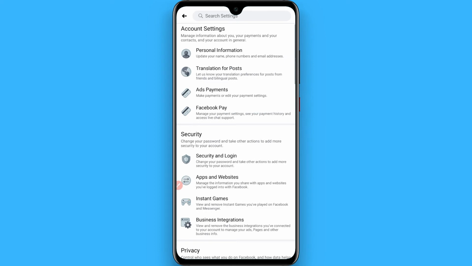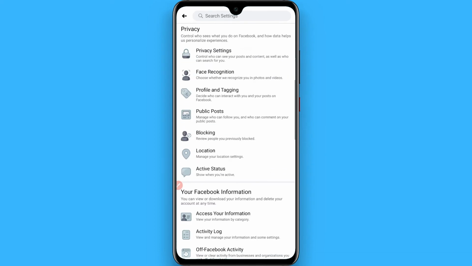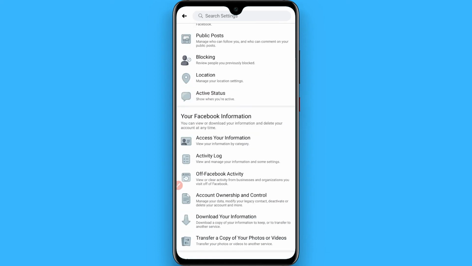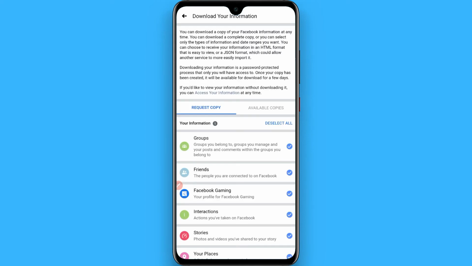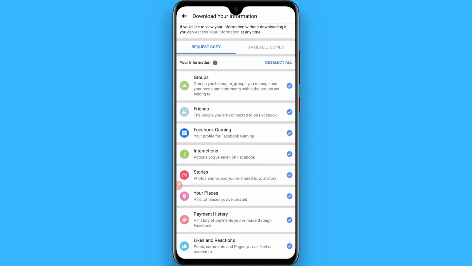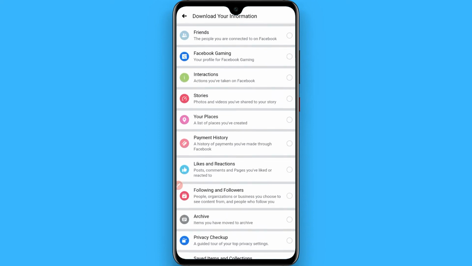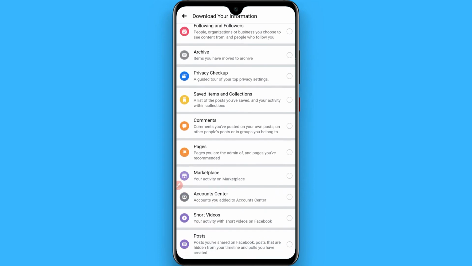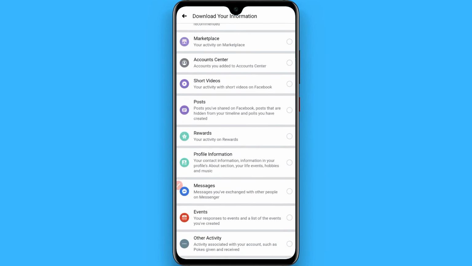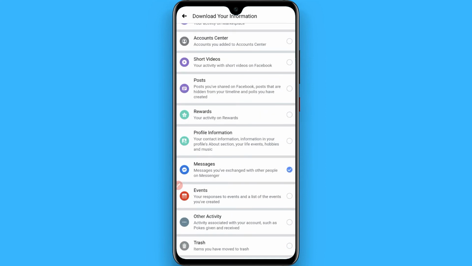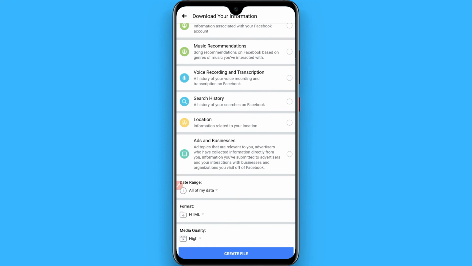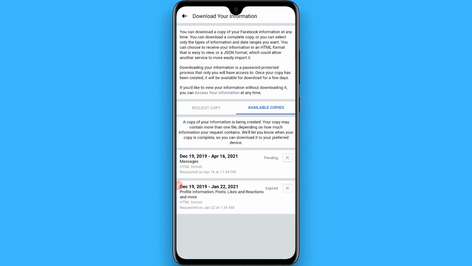After that you have to search for the information. You have to click on Download Your Information, and you will see a page like this. Now you have to deselect all and search for Messages only from here. So here is the Messages option, click it, and after that click on Create File, and after that you